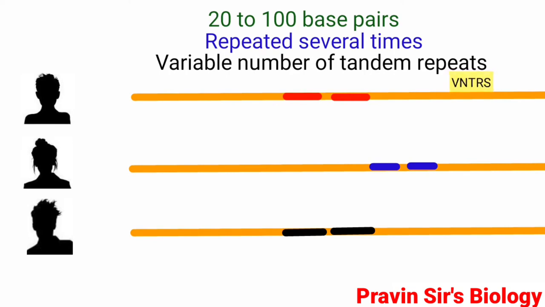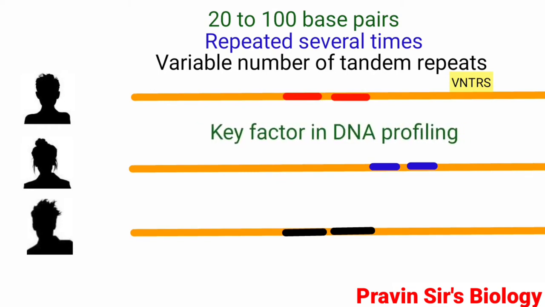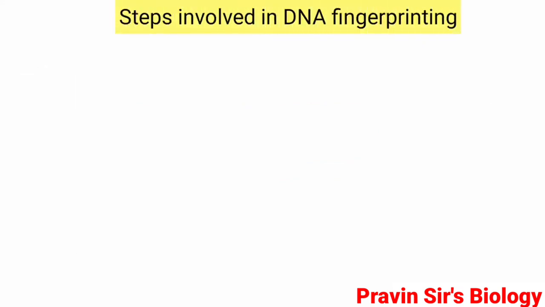So you can see over here, every person has different VNTRs. The length of the region having VNTRs is different in each individual and hence is the key factor in DNA profiling. Steps involved in DNA fingerprinting are